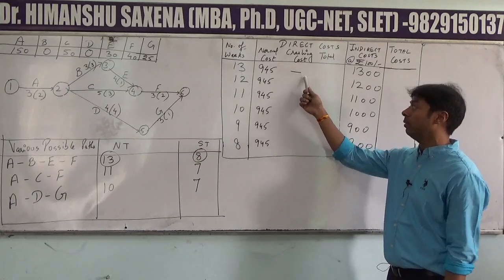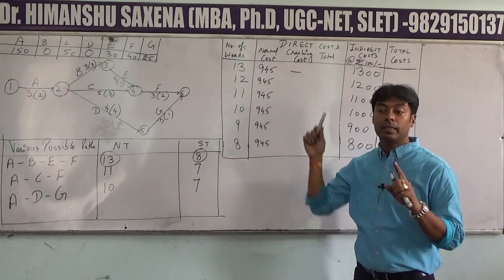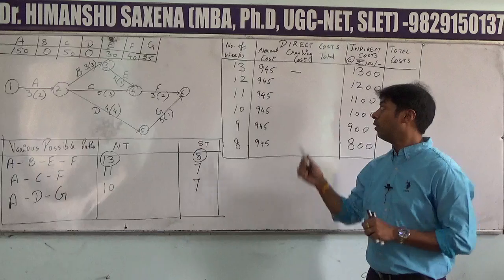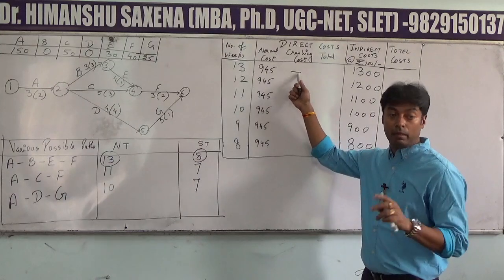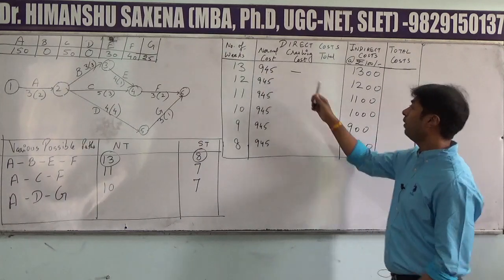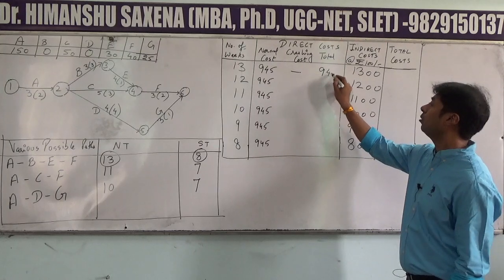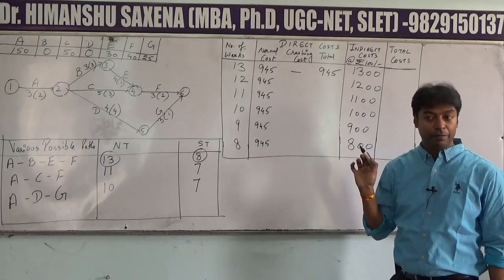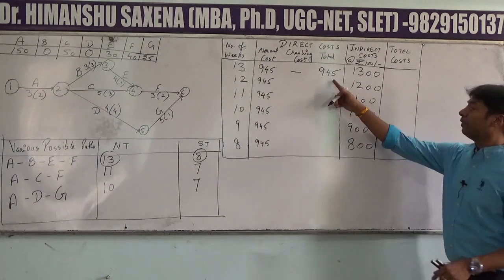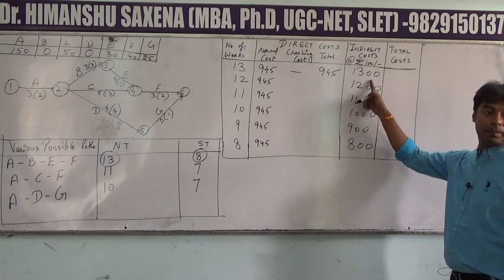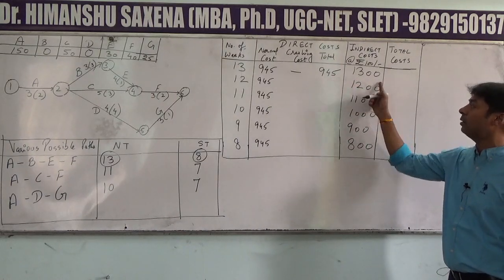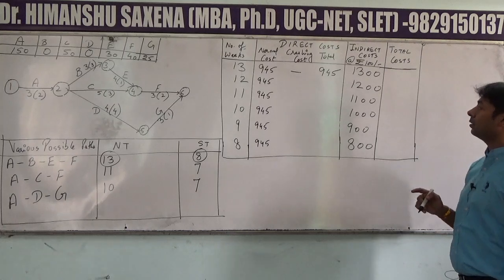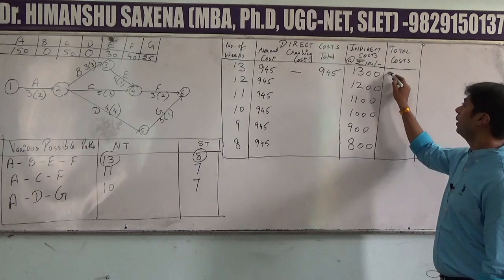So remember this golden principle, that the first entry in every problem of crashing will always be nil or dash. 945 plus dash will be equal to 945. Now 945 plus 1300. Please add up both these values. 945 plus 1300 will give you